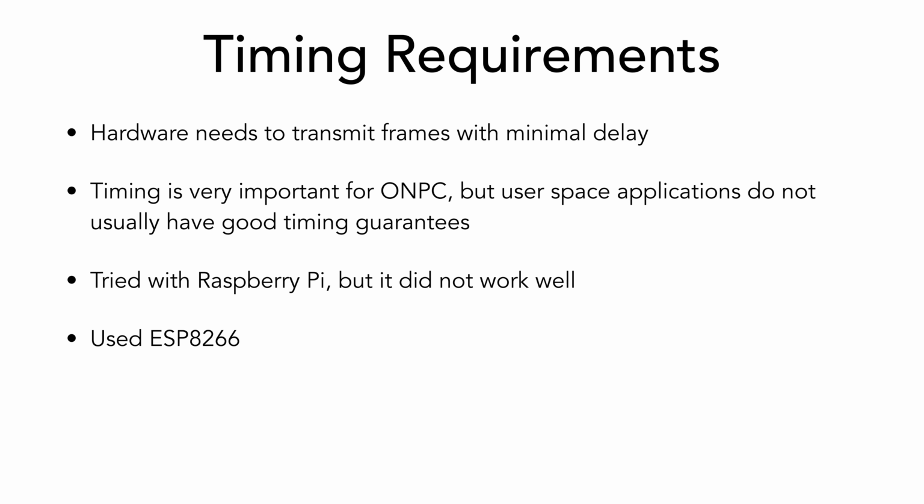This is especially hard because we're writing all our stuff in user space applications. First we tried this with the Raspberry Pi, and we got terrible timing guarantees. As you expect, it's Linux. We could maybe have done more in terms of how we programmed it, but when we said transmit this frame, it didn't always get around to it. It took some time, and we saw this huge distribution of random delays we had to wait. So we switched over to an ESP8266, an embedded system. As you expected, it worked a lot better. Still not perfect, but a lot better. When I called transmit, there wasn't a lot of randomness before the transmission was actually sent. The timing requirements were a huge issue I had to deal with, and we chose the ESP8266 as a result.